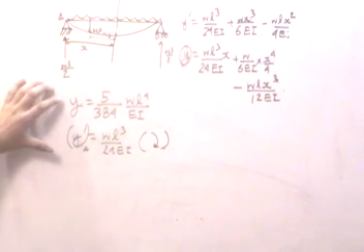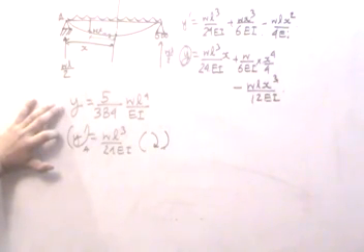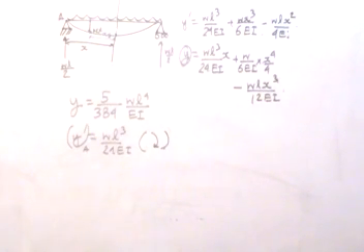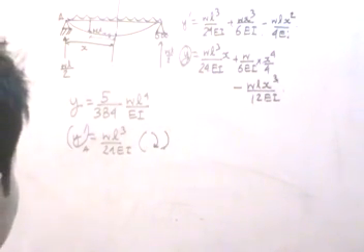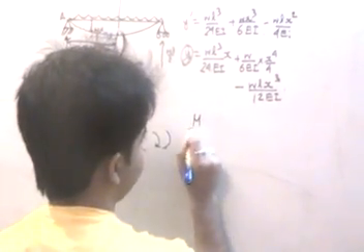So this is my deflection, this is my slope. By solving this differential equation, I have found the slope and the deflection by a set of boundary conditions that we can impose. Now the next thing that we need to know is, we know that M by